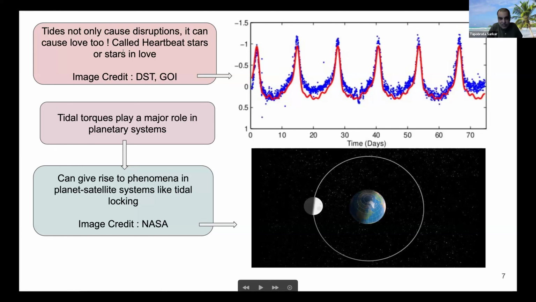And as I will tell you in a little while, there are very important things called tidal torques. Basically, a tide will make a star get deformed. So the deformation will in general be asymmetric. And because the star is coming in some kind of orbit, the mass is now being unevenly spread, it will cause a torque which might make the star spin up, or, more commonly in planetary situations, for example in the Earth-Moon system, you know that only one side of the moon is facing the Earth. So this is the dark side of the moon.